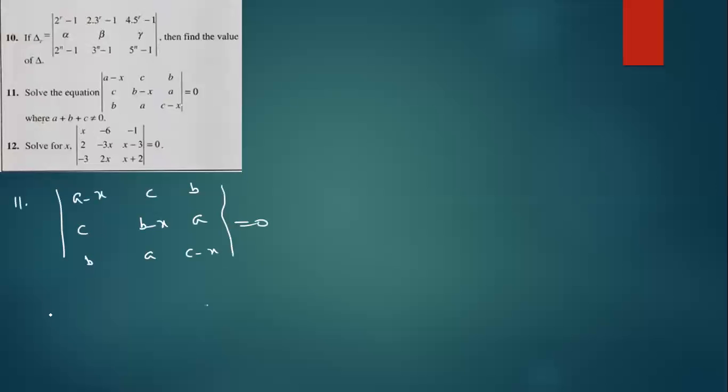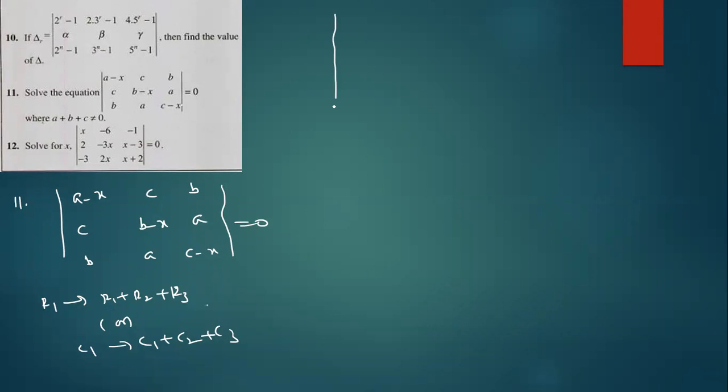So, what is the logic here? R1 tends to R1 plus R2 plus R3. C1 tends to C1 plus C2 plus C3. Sir, why are you using these cases? Why both are applicable? Because both are same. By seeing the question, you can get the idea. Given the values means we don't know what is the value of x. Now this is a variable. What is the answer now?